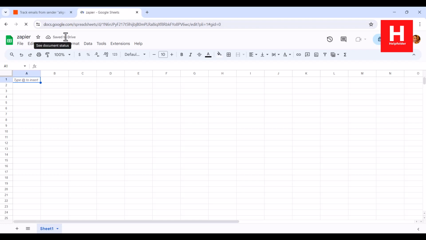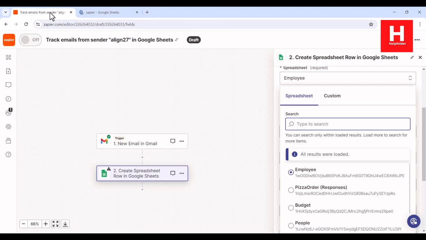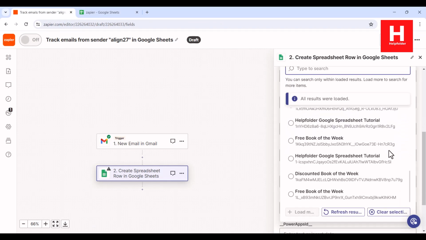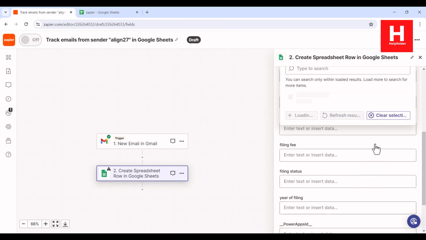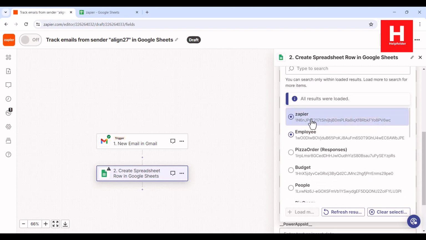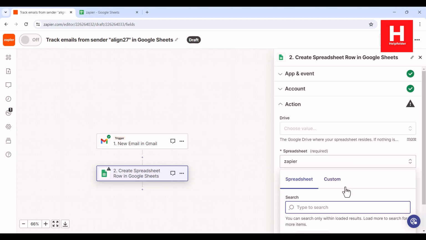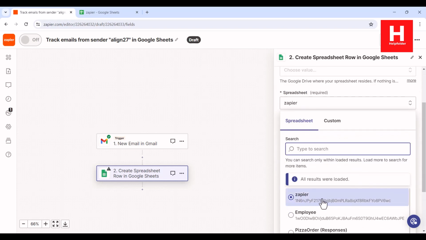And once that is saved, it should be available here, right? So let's try and refresh this, and at the top there is, okay, so there seems to be one field already, Zapier,